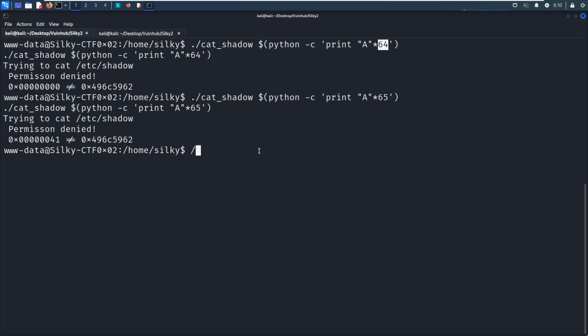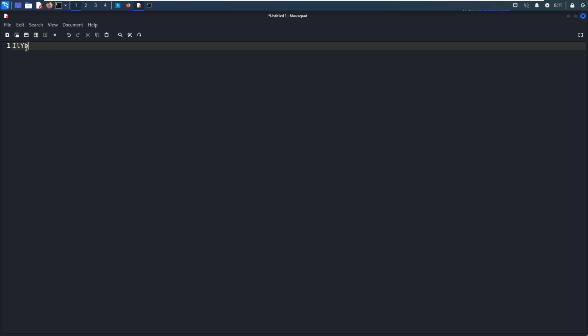So how do we launch the attack? We can use cat shadow, Python print 64 A and 64, and we need to reverse this data.